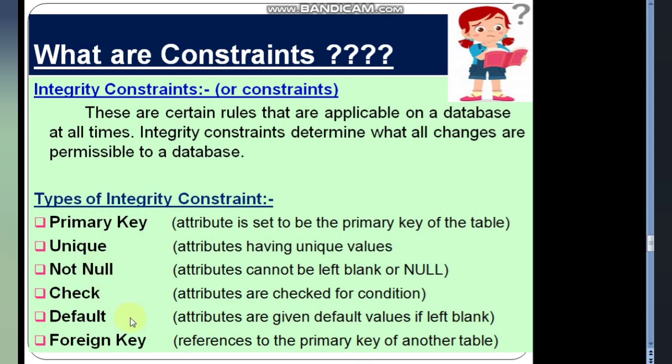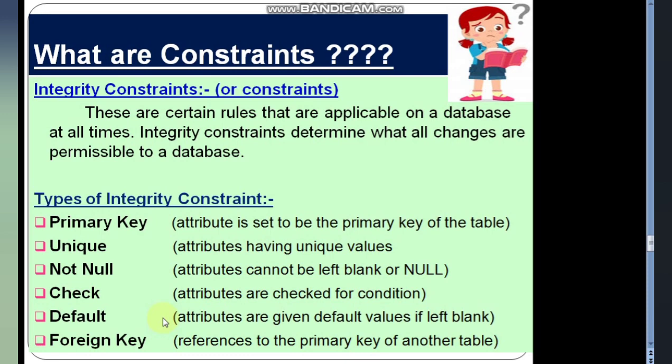Now what is this default constraint? If you give a default constraint to a particular column in a table, and you leave it blank while entering any particular record, then that particular field will take some default value which you will provide while creating that table.